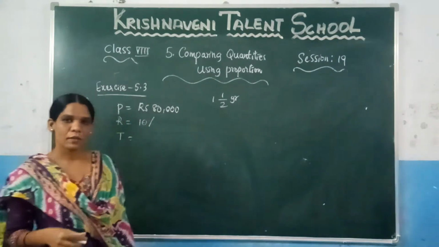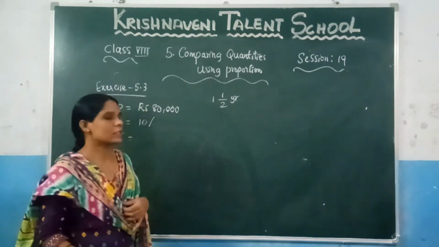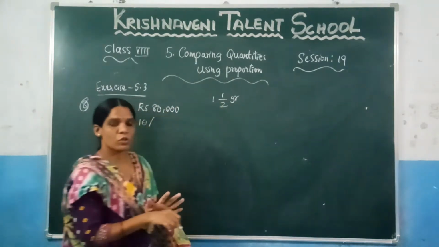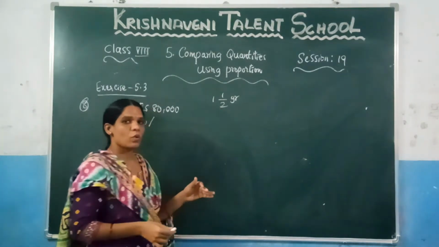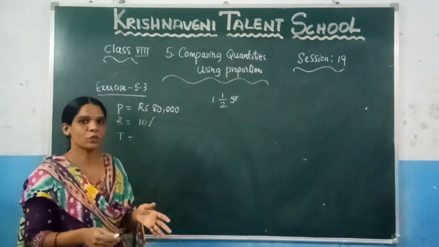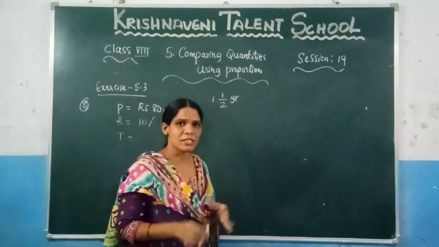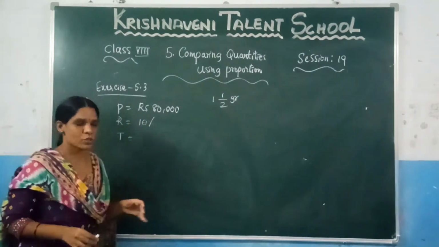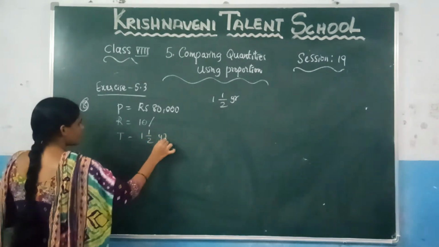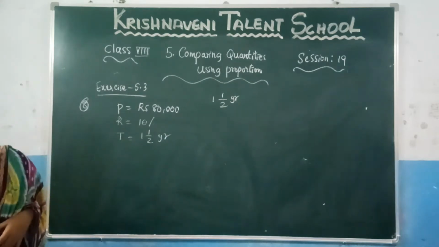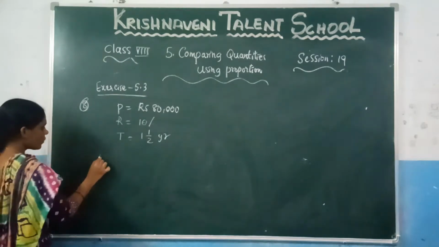And we have solved many problems on how to find the compound interest annually. When the time period is given in this form, first you need to find the compound interest for the first year, and after that whatever amount you get, you need to take that as the principal for the next half year, and for the half year you need to calculate the simple interest. This one we have already solved. So let us calculate here the compound interest for 1.5 years. Now the first one, what we need to find? The first one, which is the compound interest.